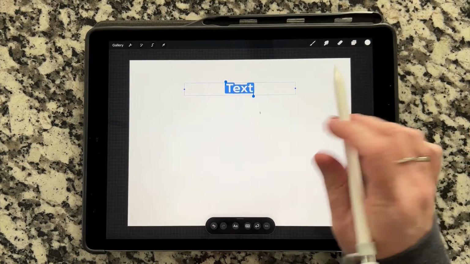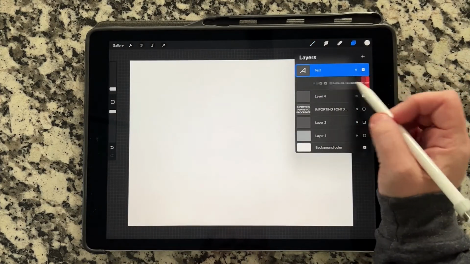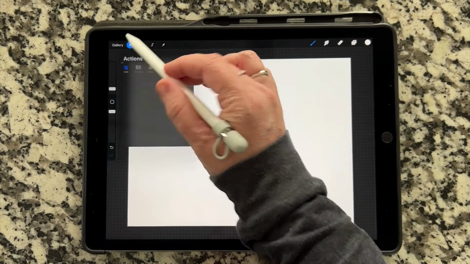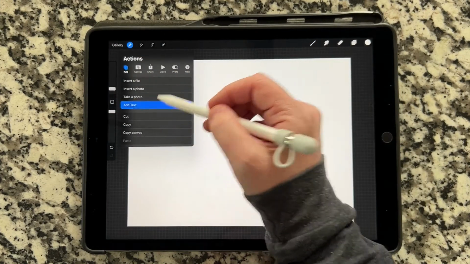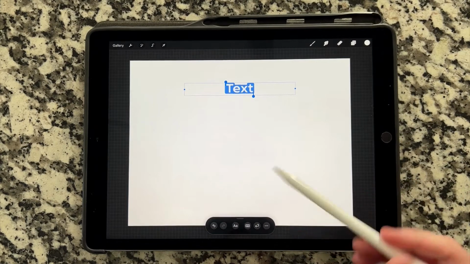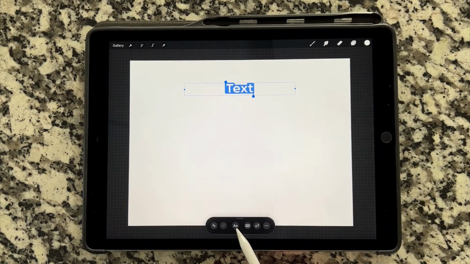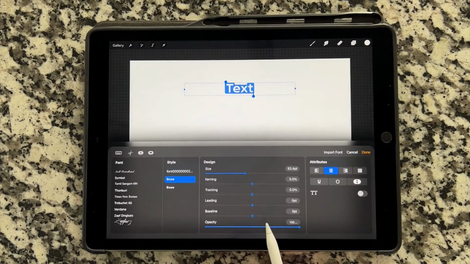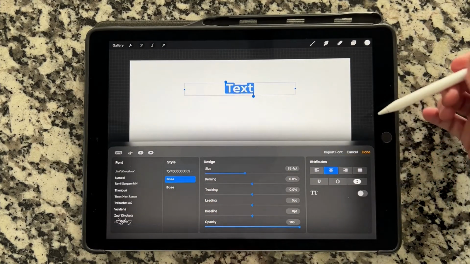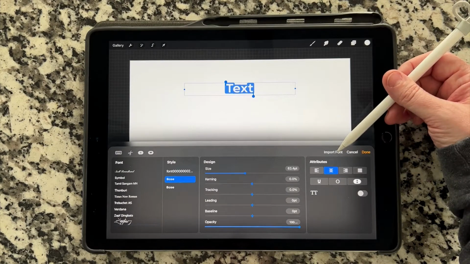I'm going to get out of here. I'm going to get rid of these two. Go back to my regular layer, and again, we're going to go up into the Actions menu on the Add tab, hit Add Text with your pencil, and then down here, you'll see Options. What you're going to tap is the uppercase A, lowercase a button, and that's going to bring up this menu. The only thing that you need to do to import a font is to tap right here on Import